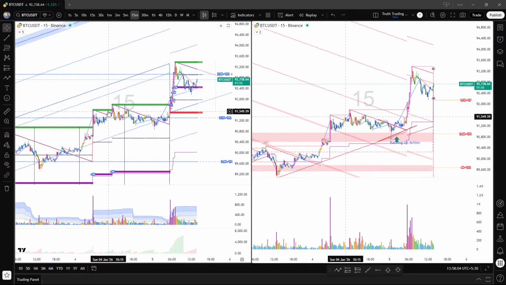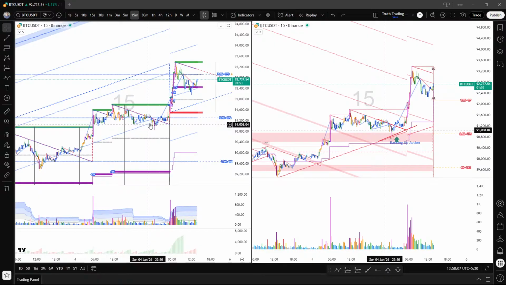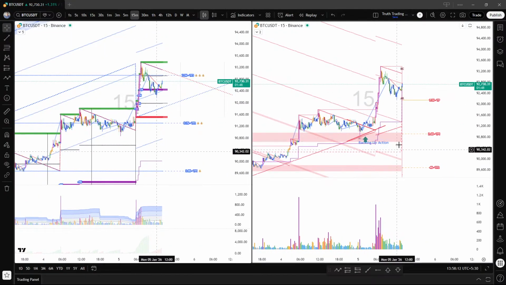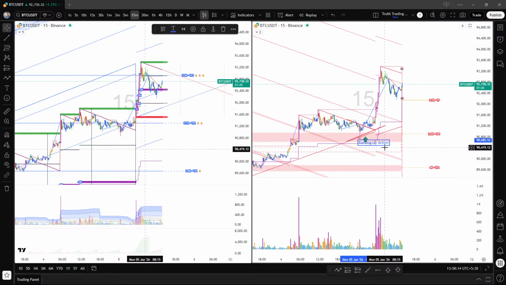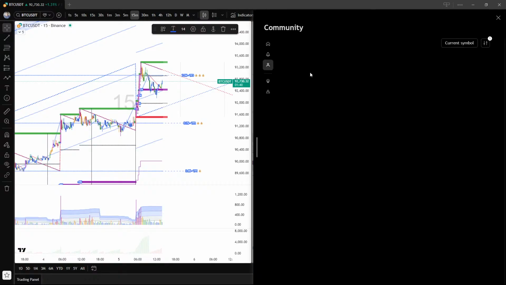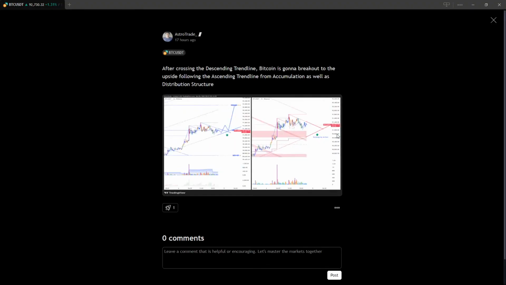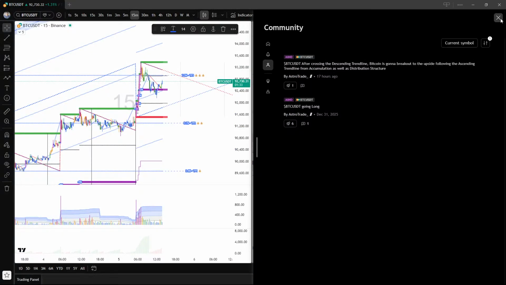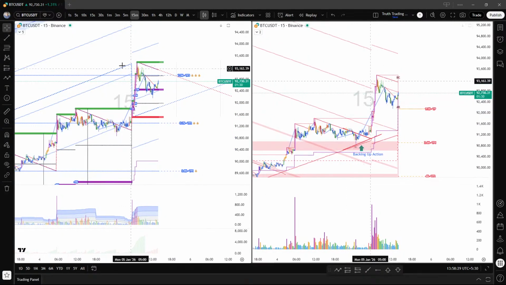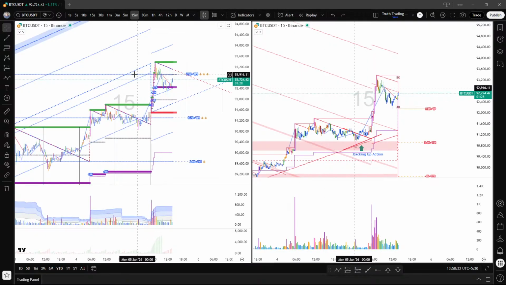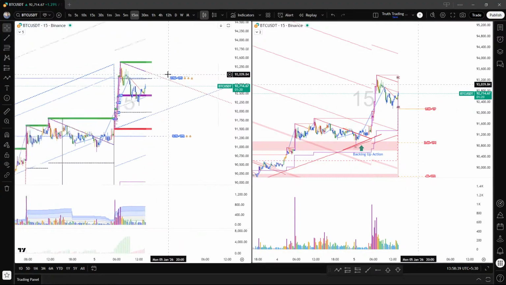this descending trend line, the market took support from there and then it went up. And I also said that there's gonna be some backing up action happening. So that was a really good trade to take. You see here, backing up action there. So yeah, guys, this trade turned out to be really good. And this was the target here. This was the target TP3, you know. And now we are in